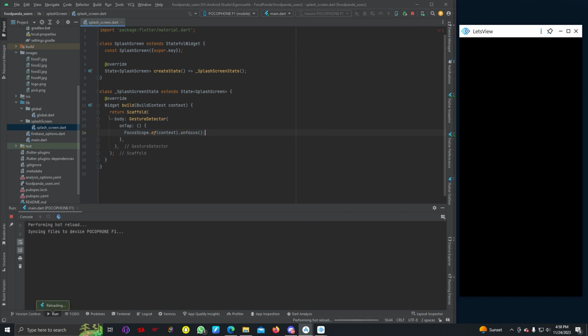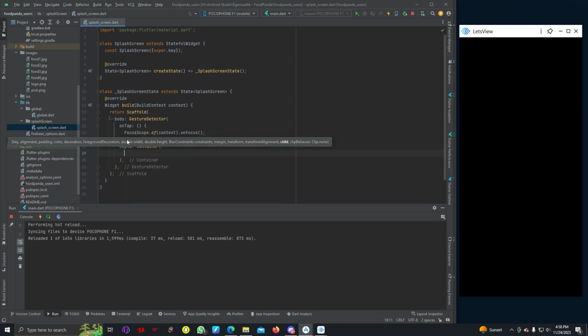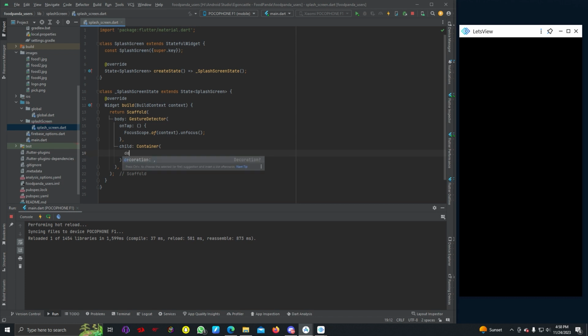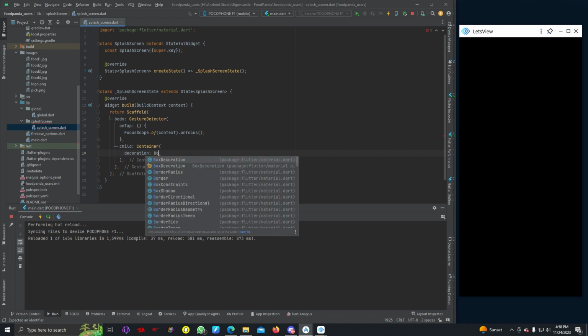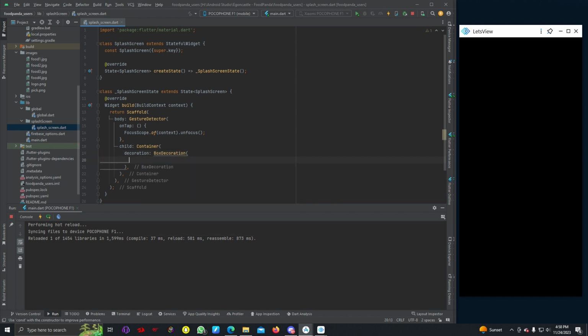What this will do is it's going to hide the keyboard if we hit outside the keyboard, otherwise it will keep showing the keyboard. Actually, for splash screen we don't need this on tap method, but I'm just using it for safety purpose. So box decoration, I'm going to add box decoration later. So child, I'm going to add